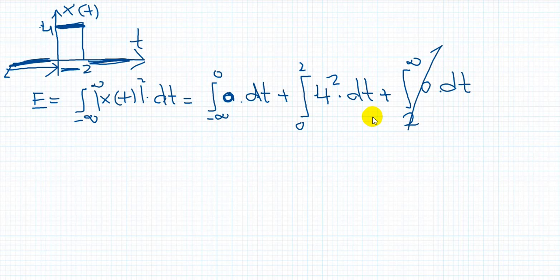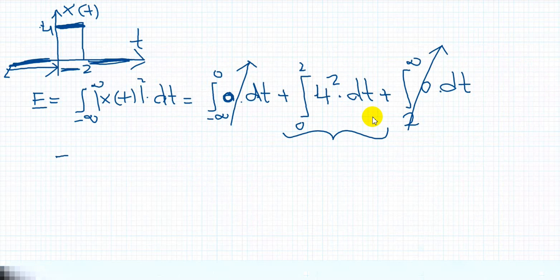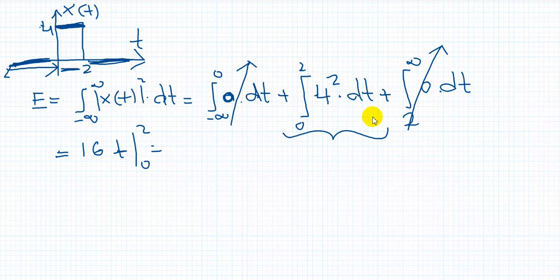Obviously these two terms are 0, so this is the only part where we do the integration. You can even do it directly; I just showed the remaining two integrations to you. So we get 4 squared, which is 16, times the integral of the constant, which gives t, with limits between 0 and 2. So I get 16 times (2 minus 0),